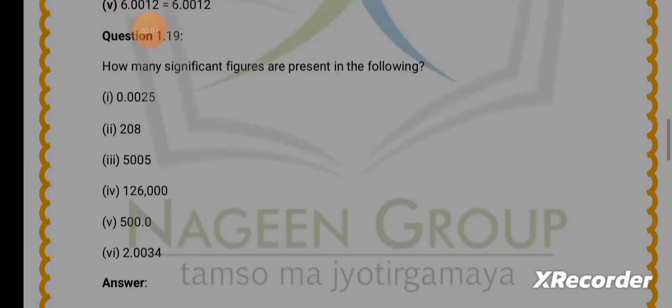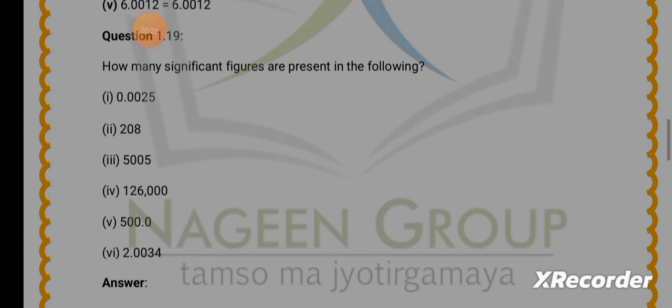Friends, today my topic is class 11 back exercise, chapter 1, some basic concepts of chemistry, and question number 19. Here the question is: how many significant figures are present in the following? These are the statements that you have to solve. The first one is